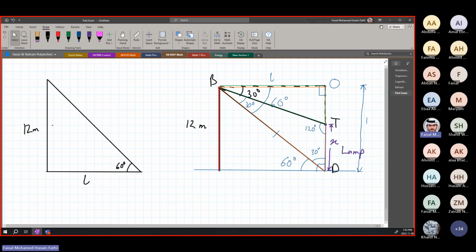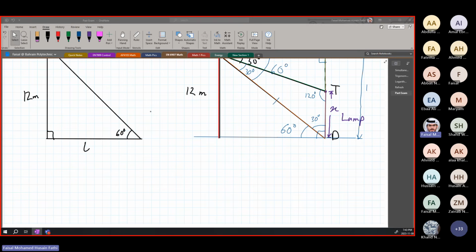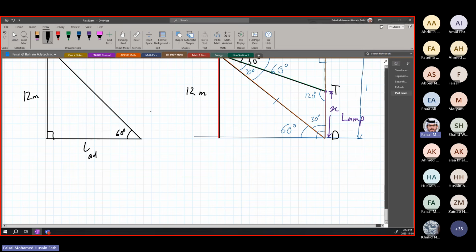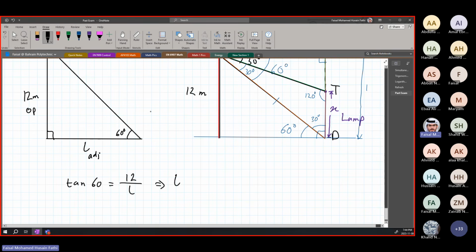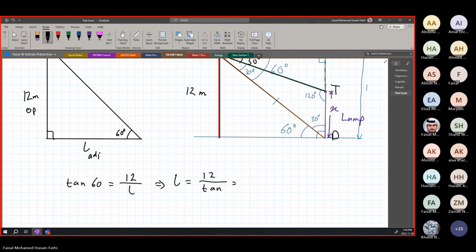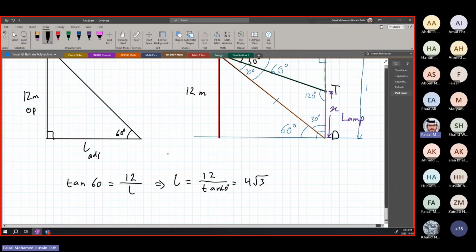Okay, since you have simply a right triangle, we can just simply do sine. Oh, in this case this is adjacent, this is opposite, so we could just do tan 60 is equal to opposite, which is 12, over L. So L is equal to 12 over tan 60, which gives us 4 square root 3. So he found the L. Then what did he do? He used Pythagoras and said let's call this